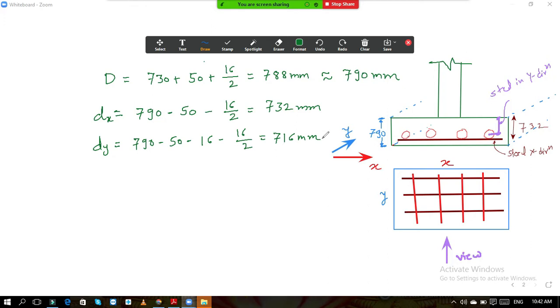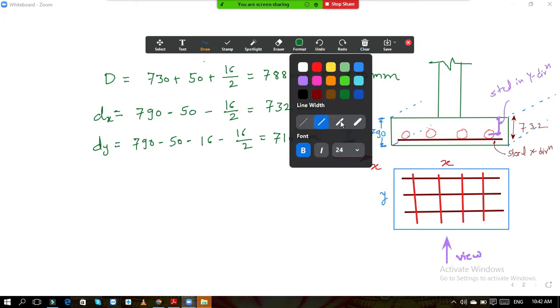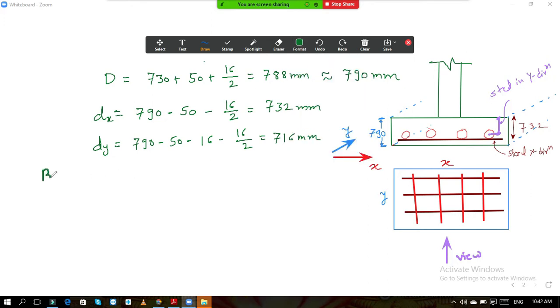So now, after this calculation of the depth, what is our next step? Bending moment calculation. So the next thing is bending moment. So how do we calculate it now? For the bending moment, we know that we take the critical section at the face of the column. So I will write here, for bending moment,